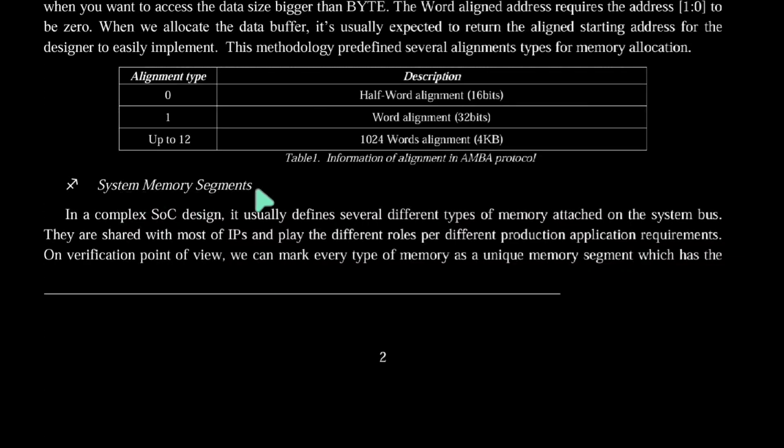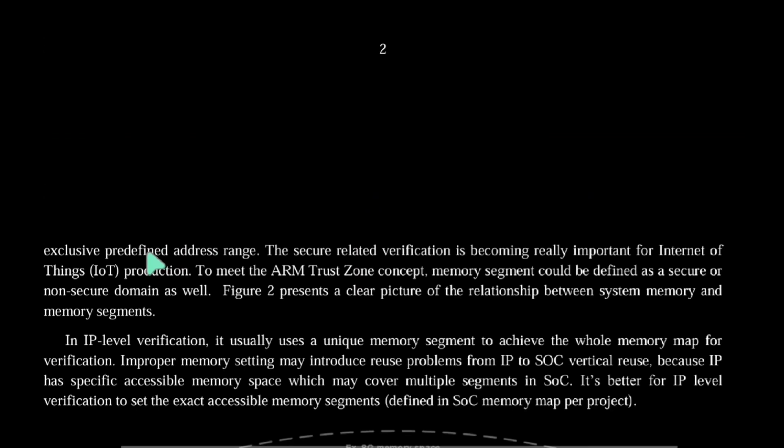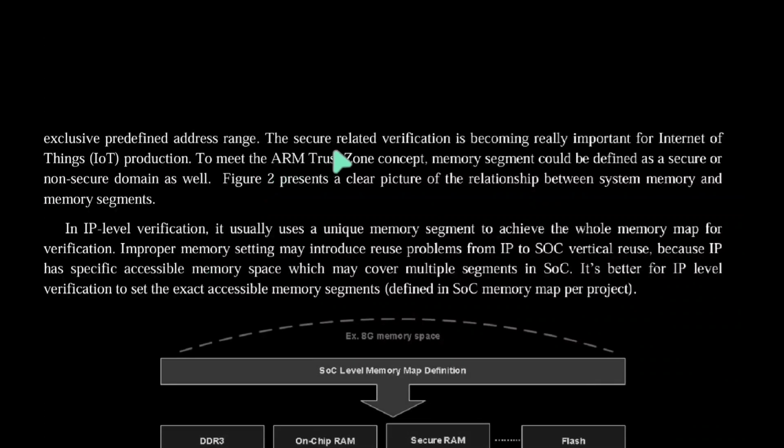The system memory segment. In a complex SoC design, it's usually defined several different types of memory attached on the system bus. They are shared with most of the IPs and play different roles per different production application requirements. From the verification point of view, we can mark every type of memory as a unique memory segment which has an exclusive predefined address range. Secure related verification has become really important for Internet of Things (IoT) production to meet